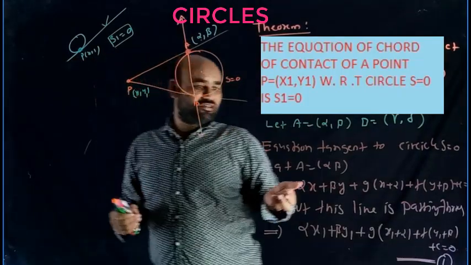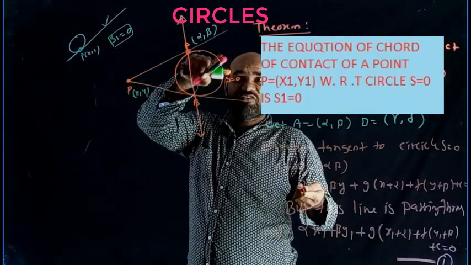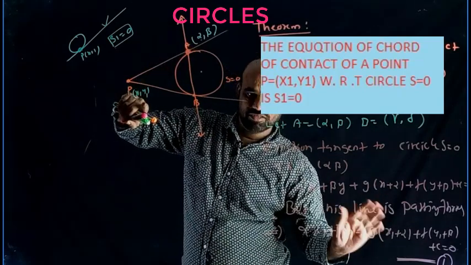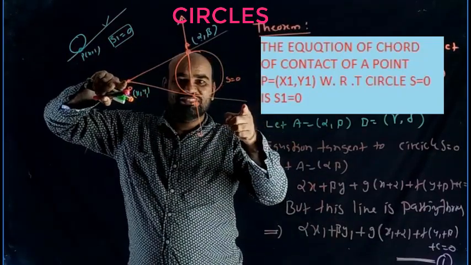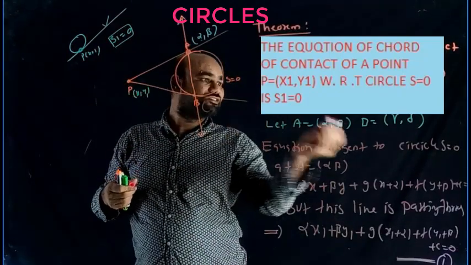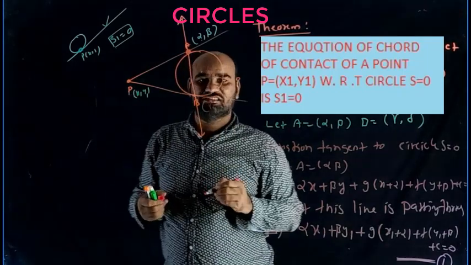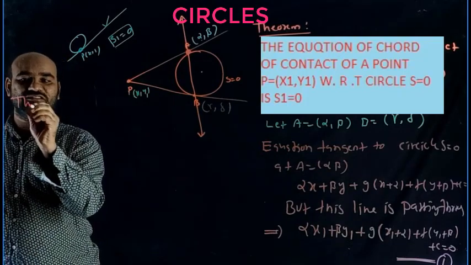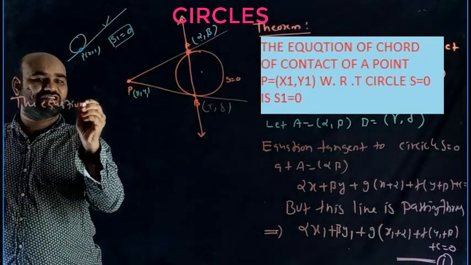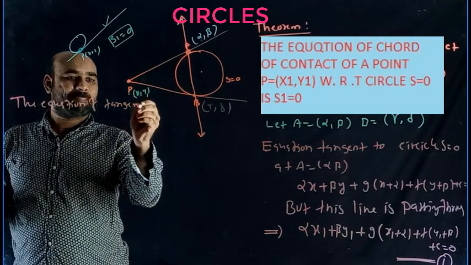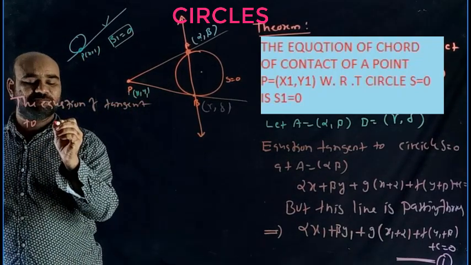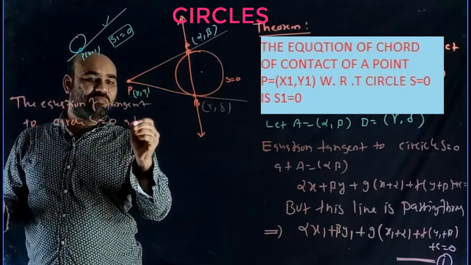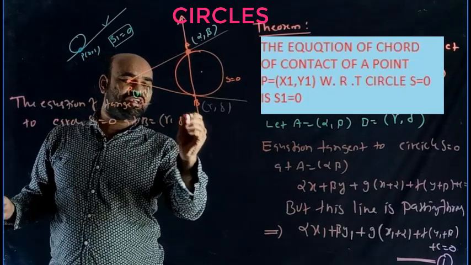So this is the equation of the tangent for this circle at this point. The line is passing through x1 y1, so you got one result. Leave it and keep it. Similarly, you want to find the equation of the tangent at B. What is B here? Some gamma comma delta. Observe here, an interesting step. The equation of tangent to the circle S equal 0 at point B, that is gamma comma delta.